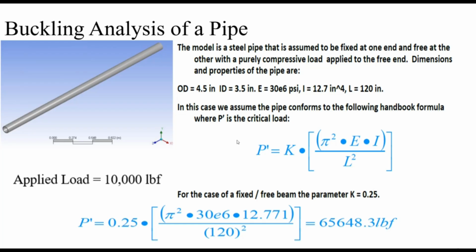According to the theory, the critical buckling load P' is equal to K times pi squared EI divided by L squared, where K is a constant that depends on the type of boundary condition. In this case we are going to fix one end of this pipe and leave the other end free. For that boundary condition, K is equal to 0.25, and once we substitute all these values into the formula, we get the critical buckling load, which is